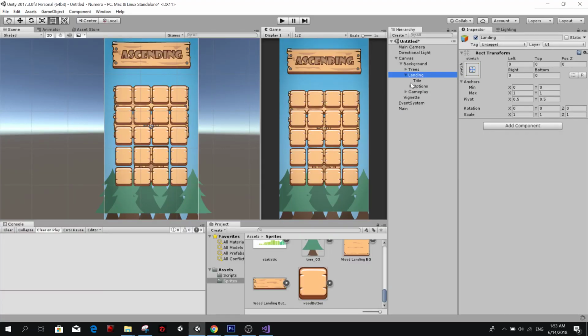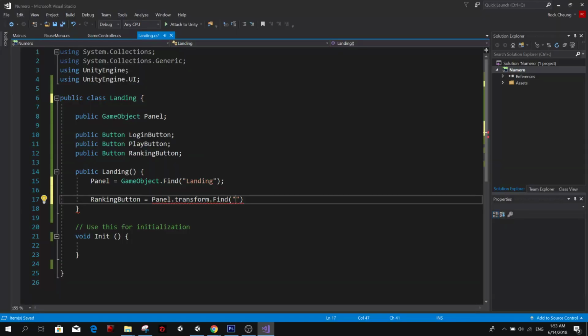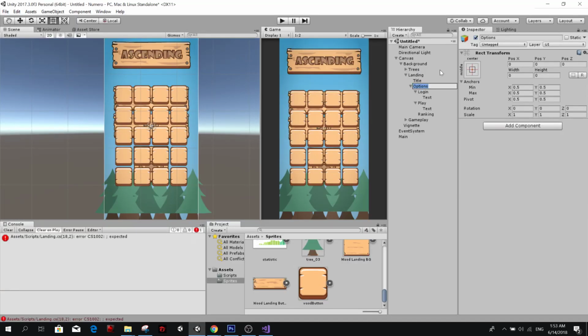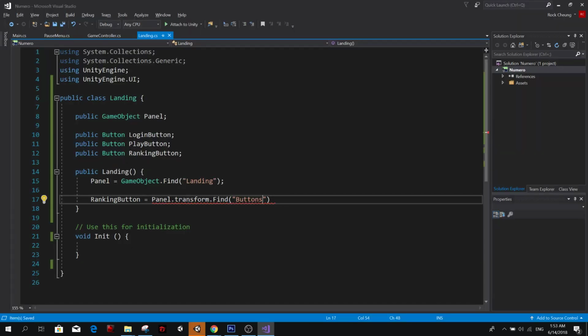So here in the landing we have the options. We could call them buttons. I'm going to call them buttons, so rename this immediately to buttons. Then we're going to create find ranking button, which I think is just called ranking. Yes, the ranking.